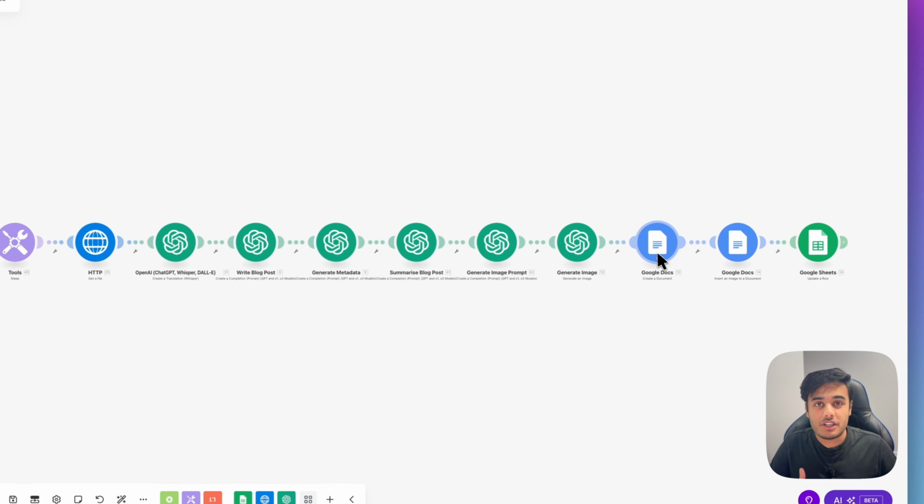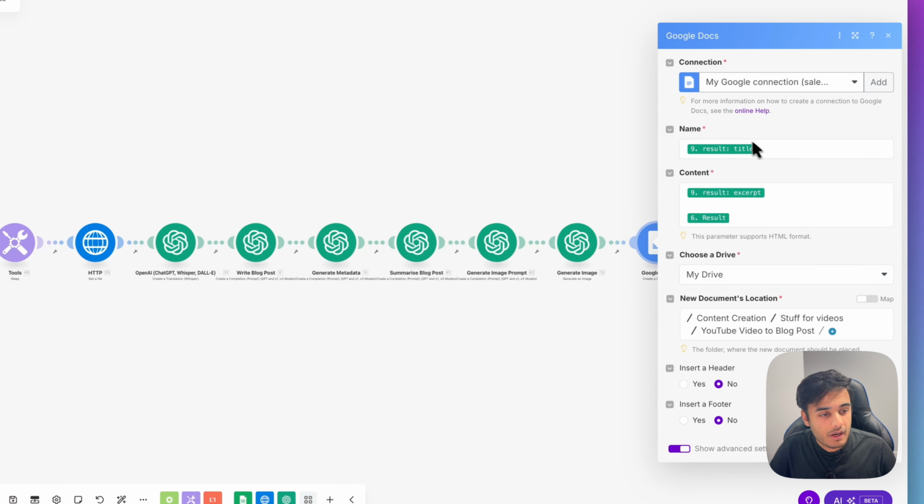So now that the image has been generated, the next step is actually to get a Google Doc and put all of this information into there. So we use this Google Docs create a document module over here. And how this works is the actual name of the document is the result, which is what we generated in that metadata